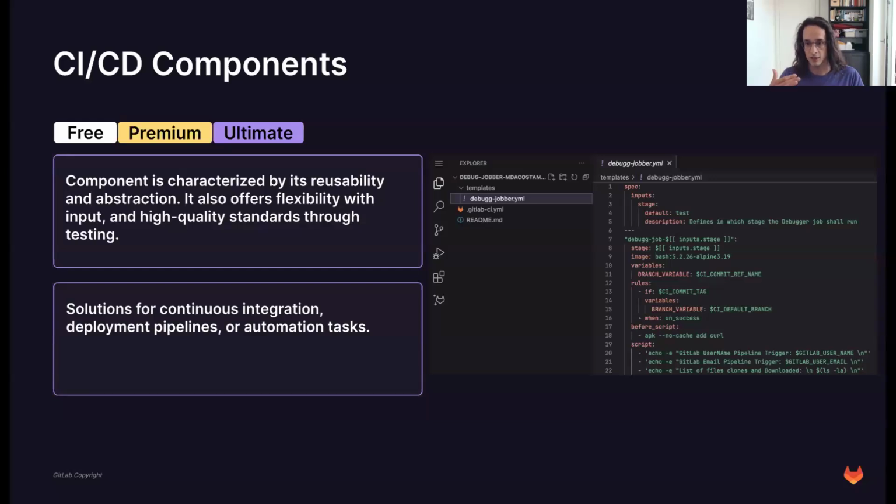I'm not joking, it's literally copy paste and then adding a couple of extra lines to your component definition, and then you have a CI/CD component. So semantically, there's nothing new. You don't need to redo all of your templates, and having components doesn't mean that we are deprecating the usage of CI/CD templates anytime soon, right?